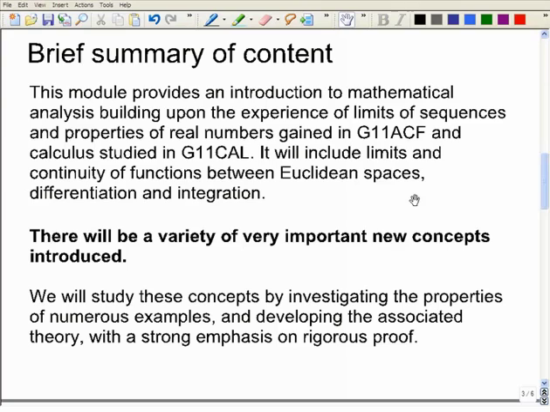In all the pure modules, and from now on, in all the pure modules, with the possible exception of complex functions, which is slightly different in nature, but in all the other pure modules, proof is really crucial, and you're expected to be able to know proofs and to be able to do proofs for yourself. If you're given some fairly straightforward thing to prove, but that you've never seen before, you're expected to be able to work out the proof for yourself in the exam. Now we're going to look at loads of examples to help us, and there's going to be quite a few interesting concepts.